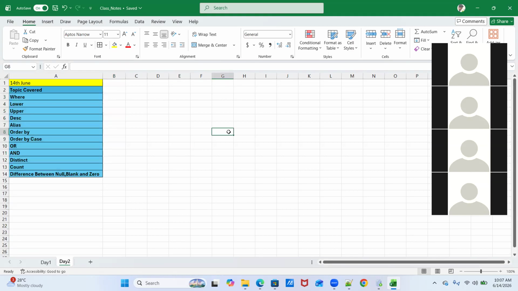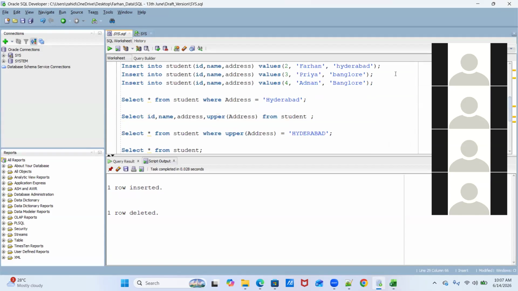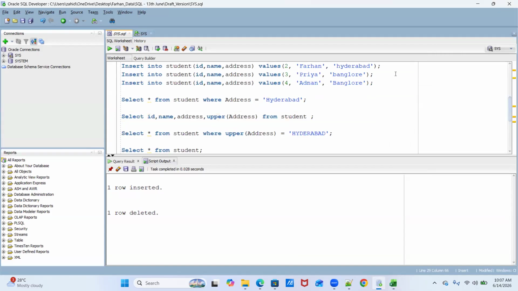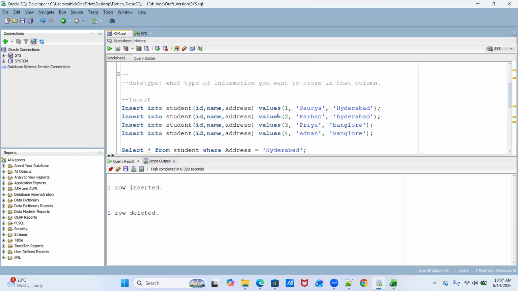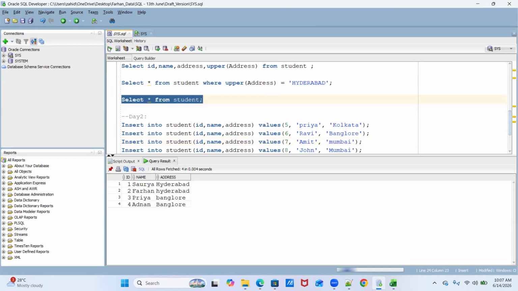Okay. So yesterday we started with the where clause, and midway we were discussing the upper and lower functions, right? So where is nothing but a type of filter clause. If you want to filter some data from a table, then you can use the where clause.